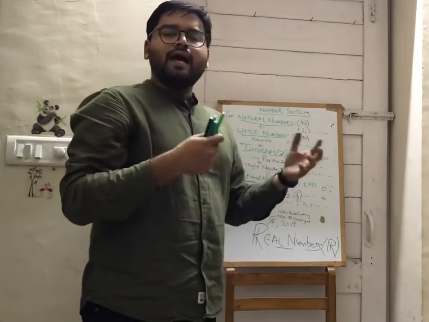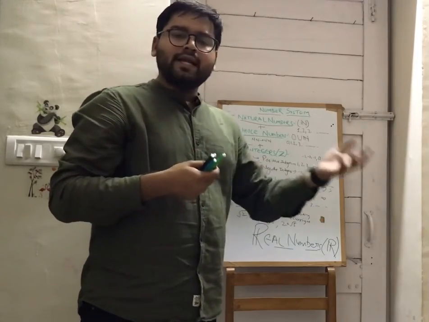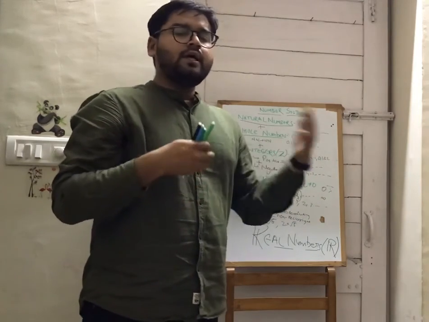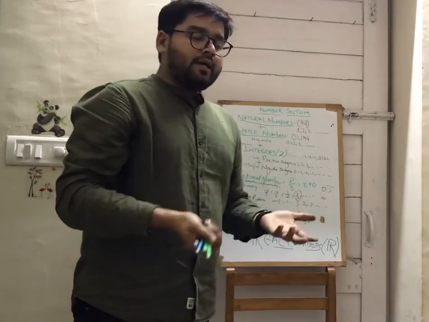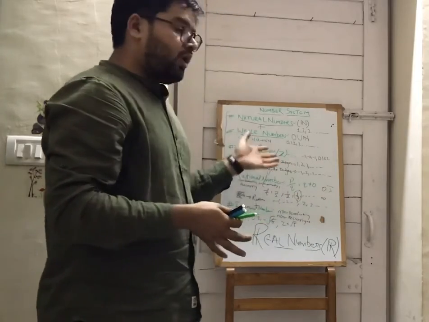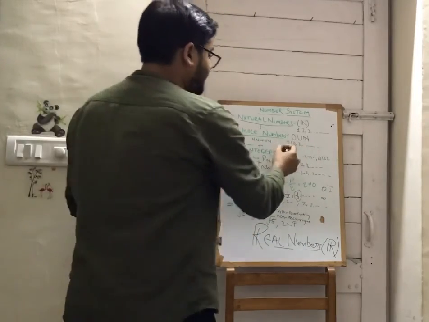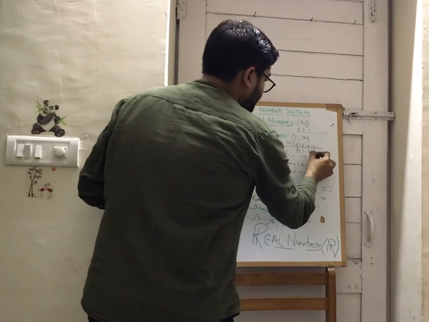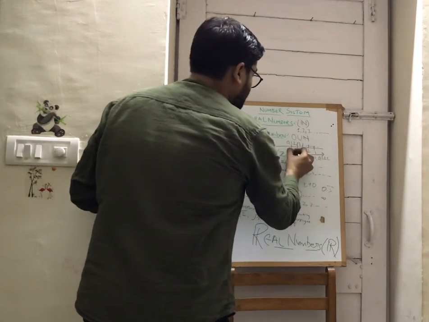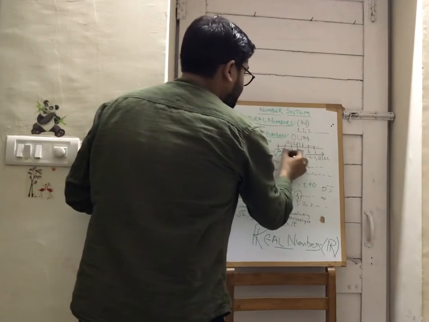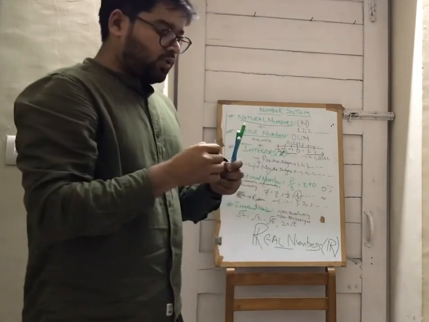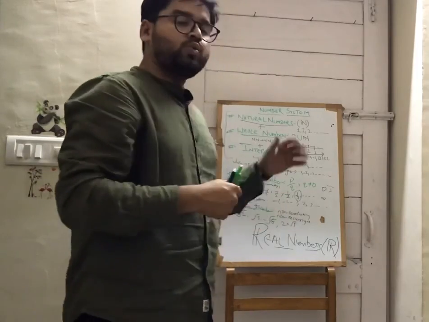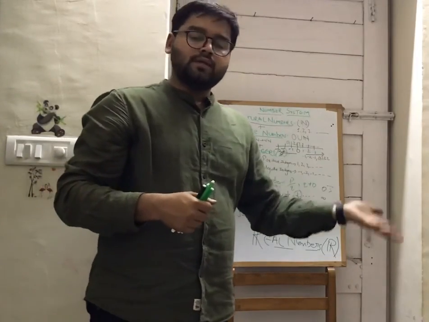This is the basic concept of real numbers, how we get them. In this we also have to find two irrational numbers between two rational numbers, or two rational numbers between two real numbers. And we also need to know about the number line like this: 0, 1, 2, 3 on the positive side, and -1, -2, -3 on the negative side. Okay, so after that we are going to prove √2, √3 in some other class. Okay, thank you.